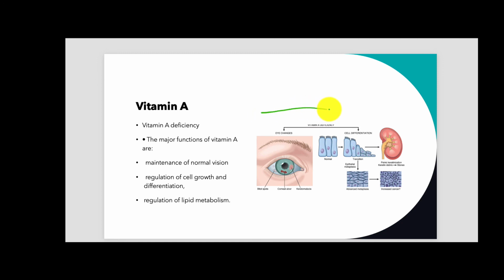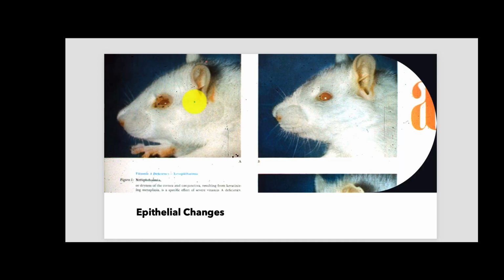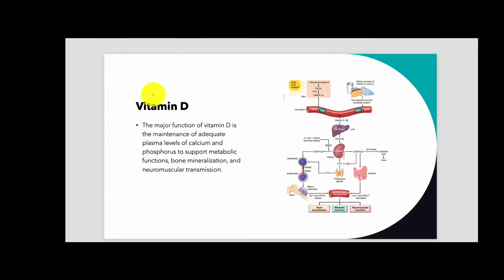But you can see here that I put a mechanism up, and there are changes in cell differentiation when we have vitamin A deficiency. And these changes in cell differentiation will change the eye and how the eye works. And we can develop almost like this plaque in vitamin A deficiencies. So let's say you want to talk about that. By all means, talk about it. This plaque also leads to night blindness and blind spots. And you can see I put some rodents up here that have that same sort of plaque from a vitamin A deficiency. And this is from epithelial cell changes. Leads to night blindness.